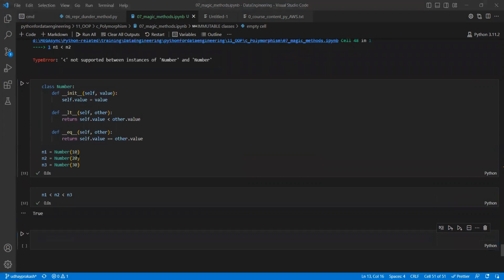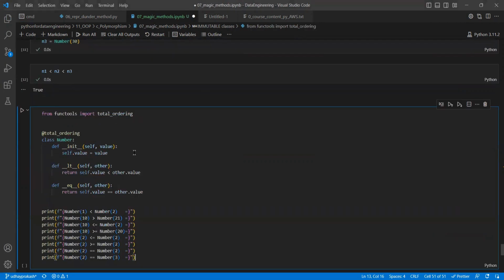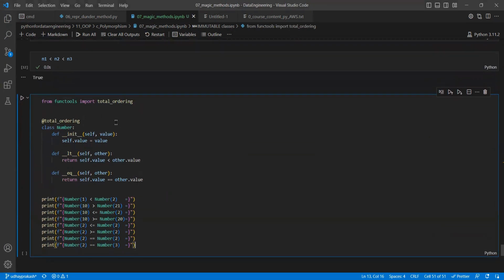Did you all understand what I'm trying to say? So not only this, you can do any operations. Now to say it consolidated, these functools will provide the automatic comparisons. So if you see here, functools. So if I do this functools ordering,